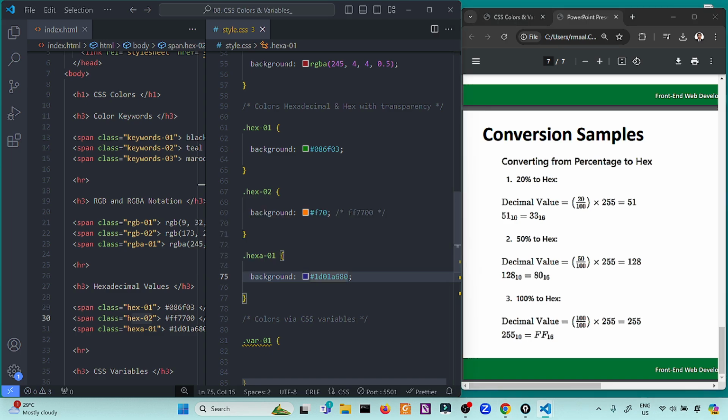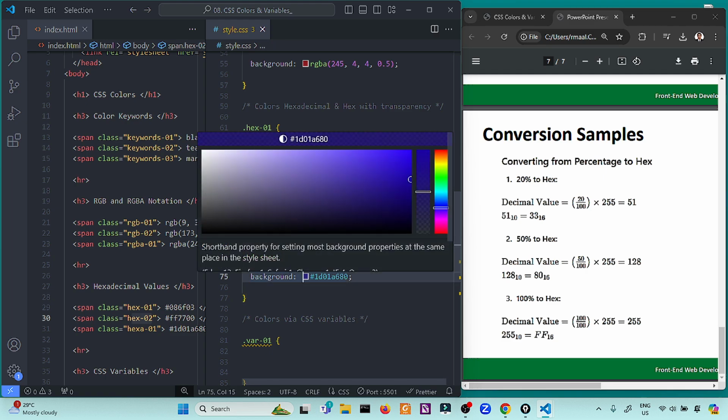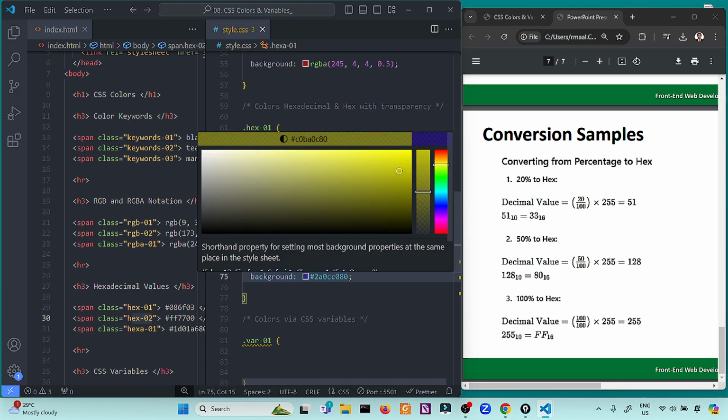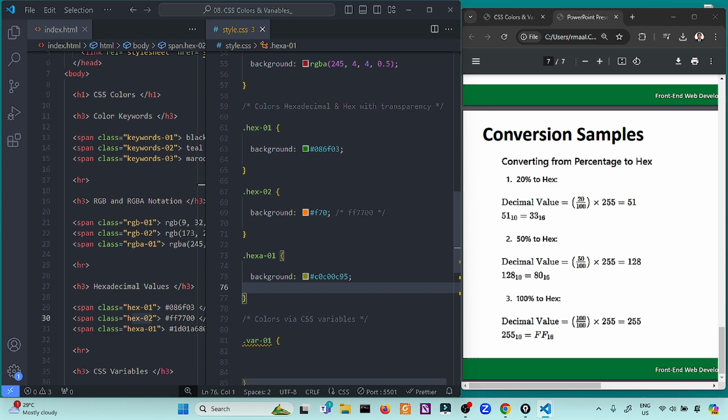So I think if you're using Visual Studio Code, you will have no problem selecting colors, as again, you can use this one. This one is the transparency, from 00 to FF. So for example, we are changing this one. This one is the color. But let's get back to the original color, which is this one.